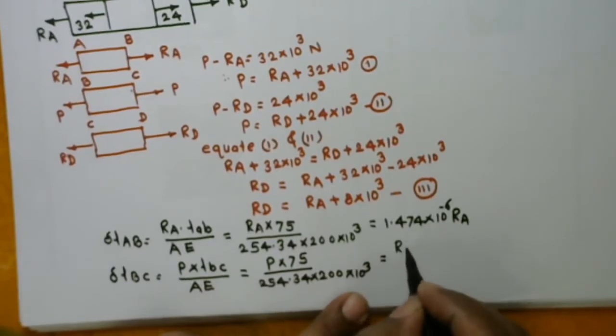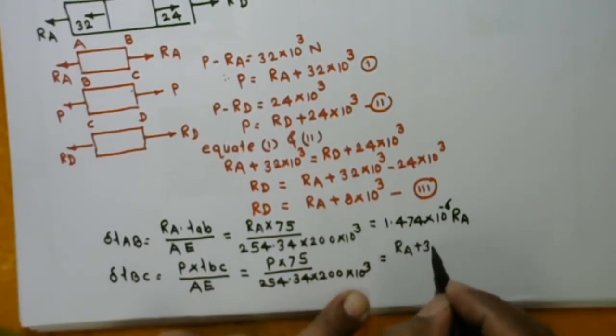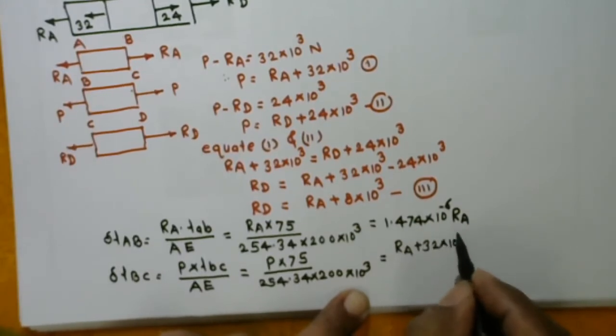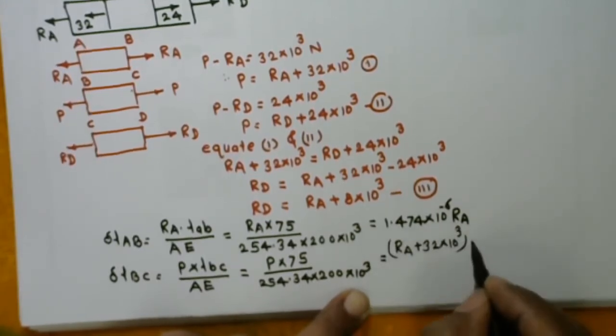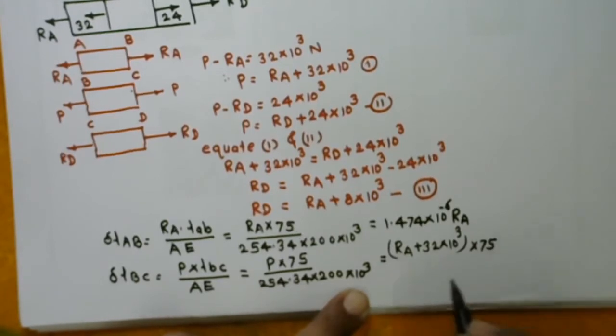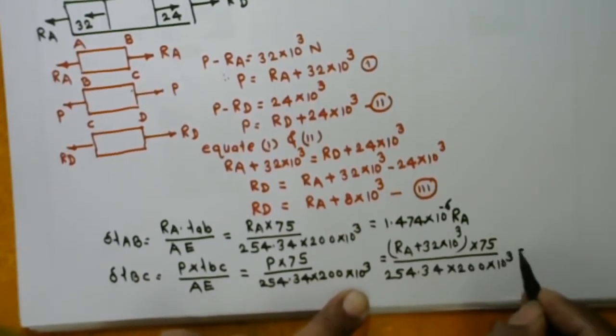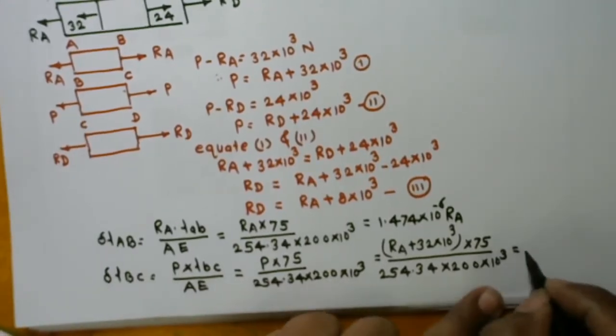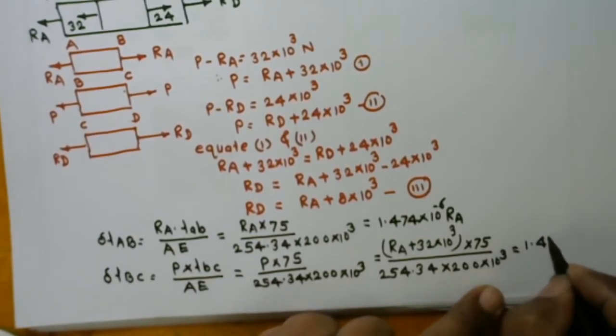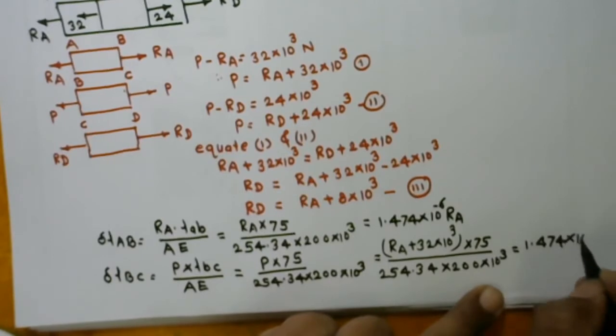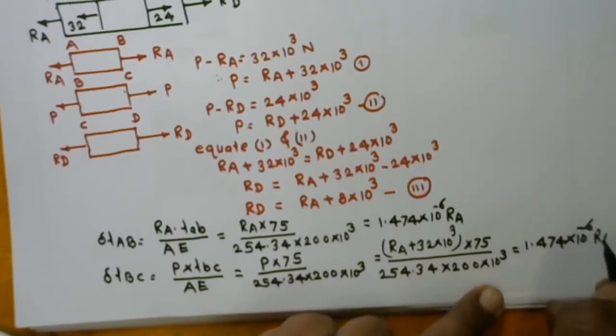So RA plus 32 into 10 raised to 3 into 75 divided by 254.34 into 200 into 10 raised to 3. So here you will get 1.474 into 10 raised to minus 6 RA